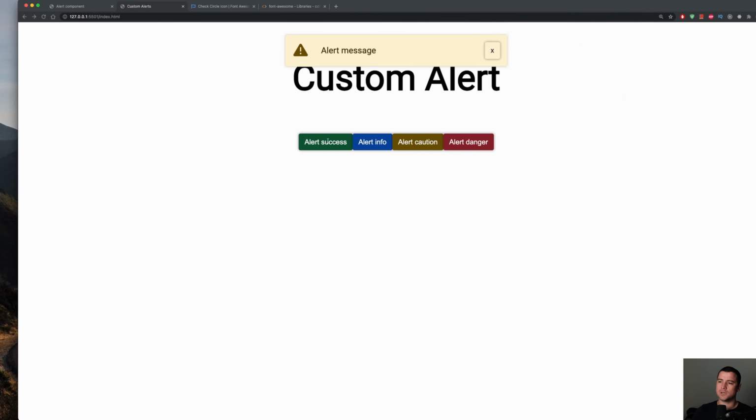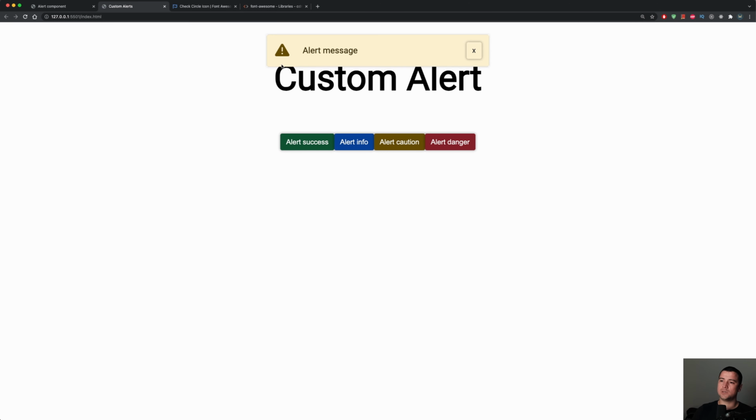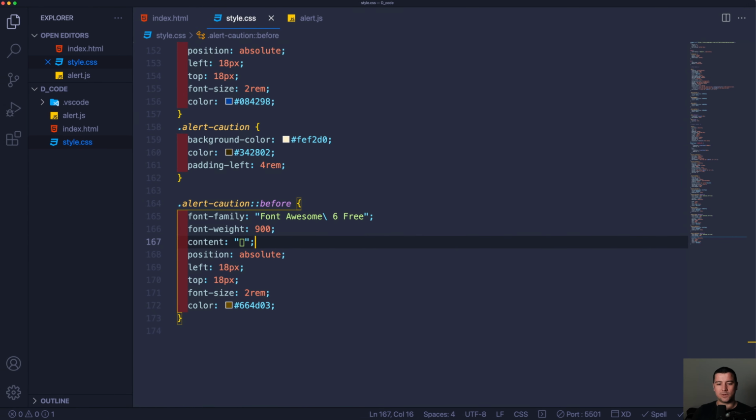Is this working actually? Yes, it's working. Amazing. But I still need to give you the real Unicode. So it's going to be this one, \F071, and then the very last one for danger,